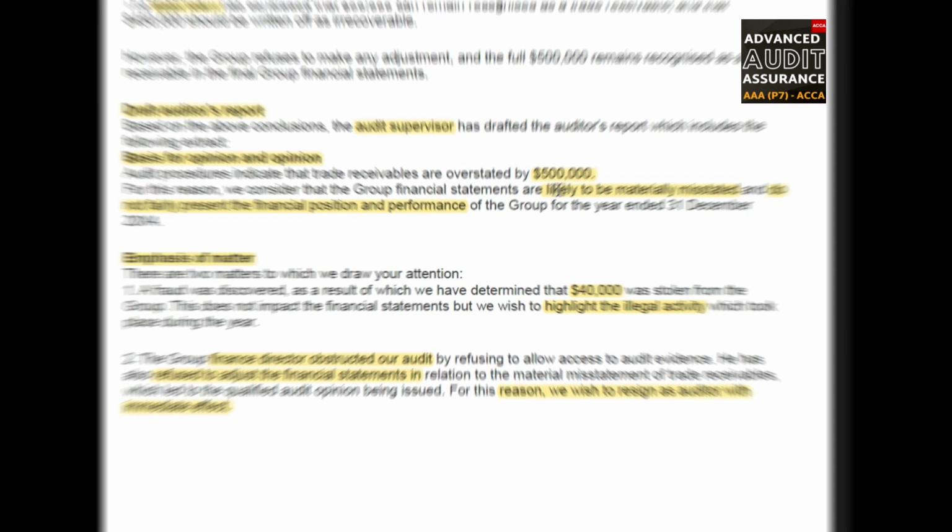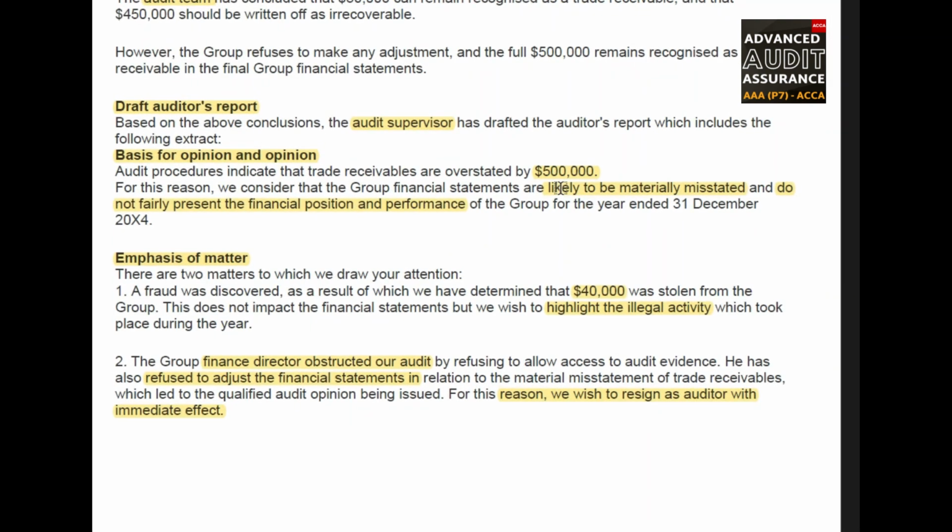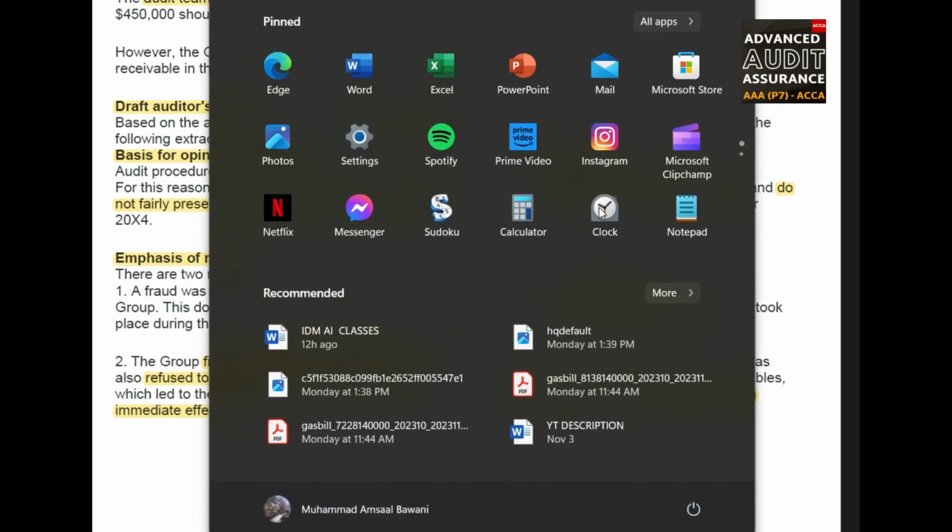Now let us come to the question. See, look at the wordings of this paragraph. Is likely to be materially misstated. Don't you think we need to comment on this one first? Right? So now what we do is we first identify that this likely to be materially misstated is incorrect, and we need to give a critical appraisal for this point first. Beginning with this point,